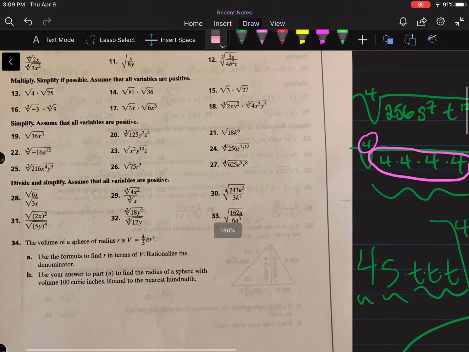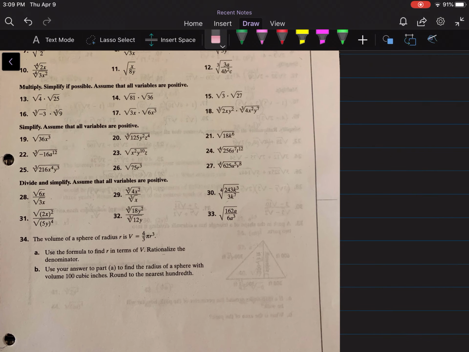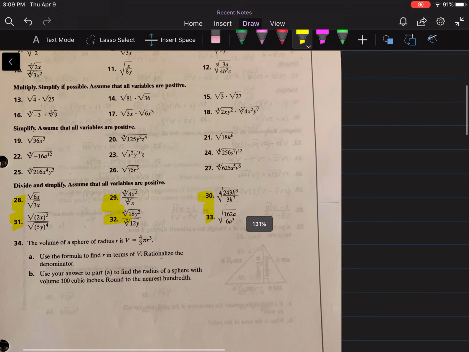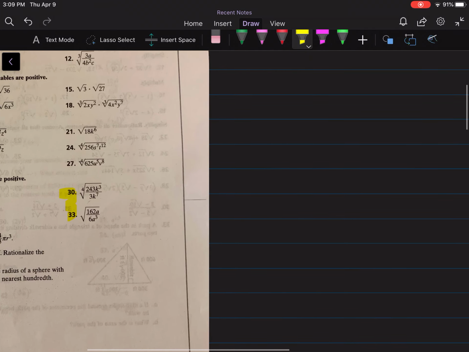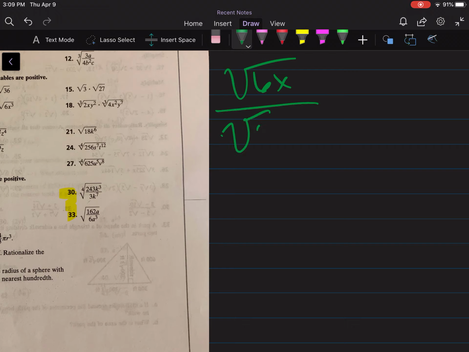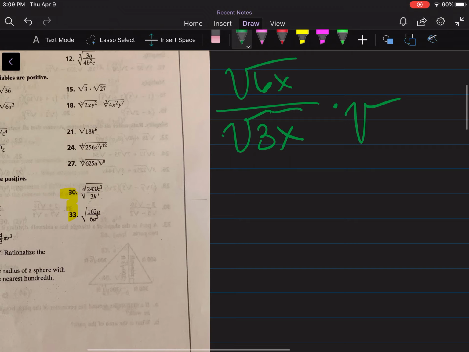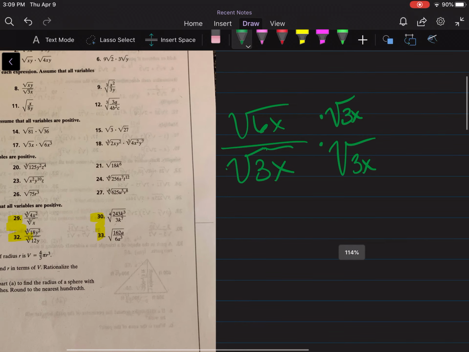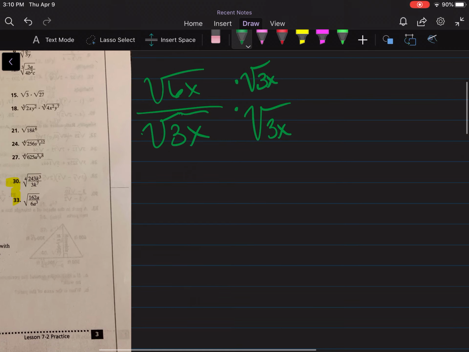Now, we're going to look at 28 through 33. Let's look at 28. We have root 6x divided by root 3x. Okay? Remember, you cannot have a square root on the bottom, on the denominator. So all we're going to do is multiply the top and the bottom of that fraction by that root, whatever it is. And by doing that, we're going to end up with a root, or I'm sorry,